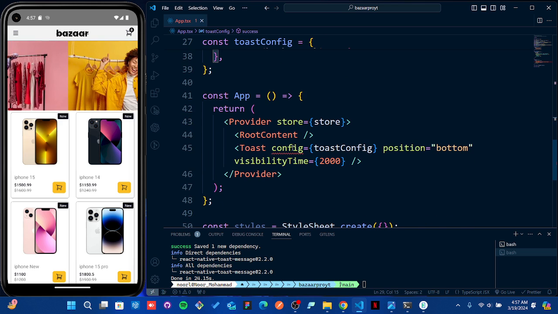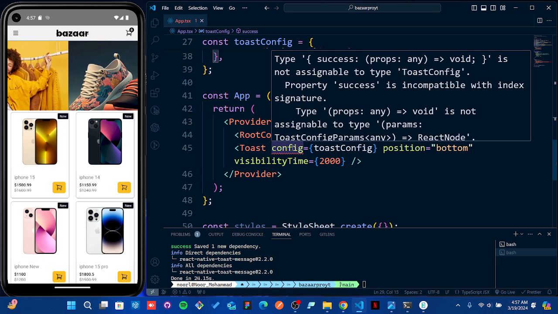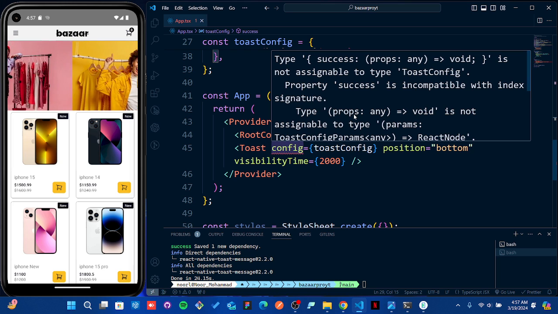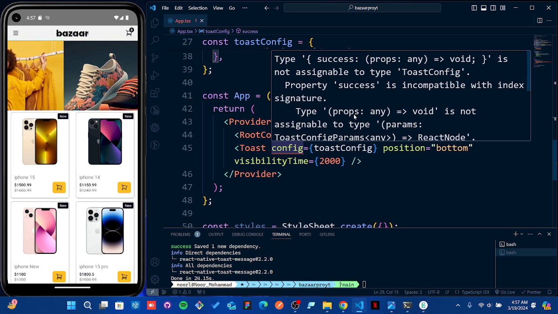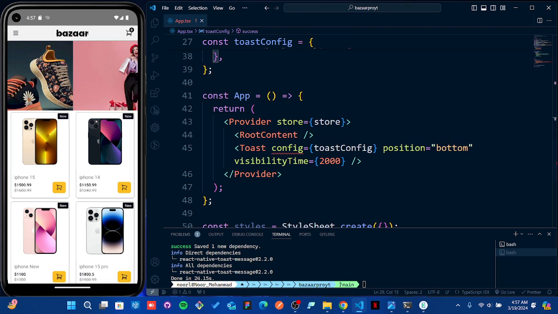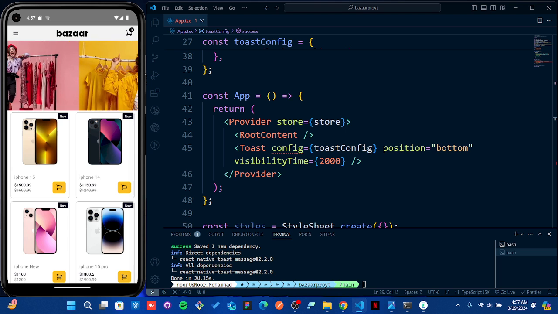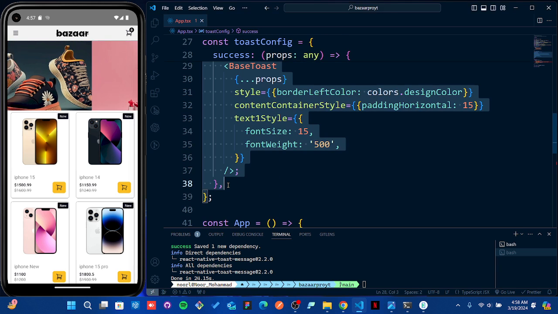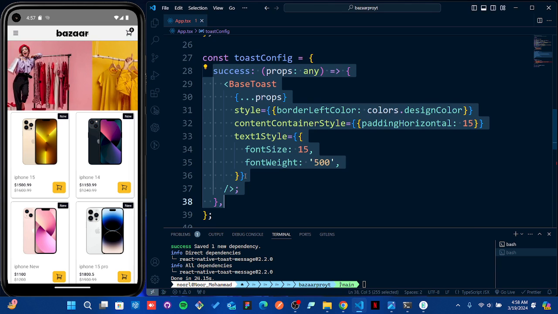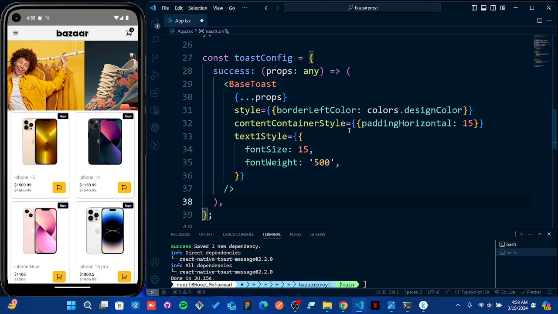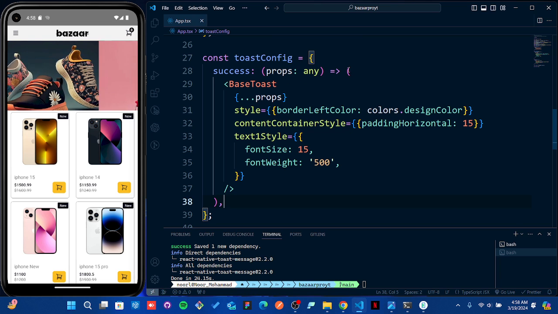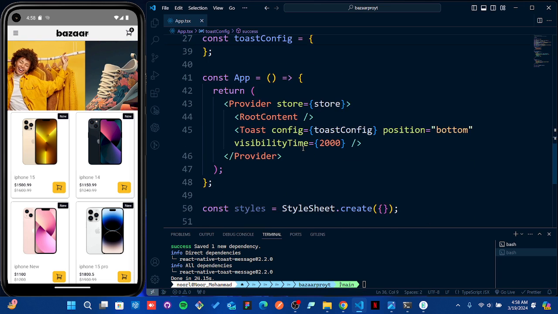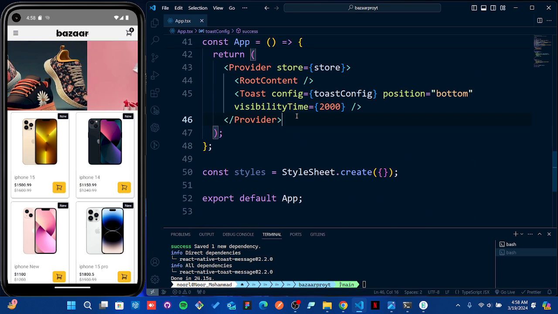Okay, still success props incompatible with index signature, type any void is not assignable to the parameter. So what I'm gonna do is that I'm gonna get all the parameters here. Okay, yeah, because I missed that return parameter. Yeah, okay, so now we are having that toast, so we can show the toast whenever we are adding that